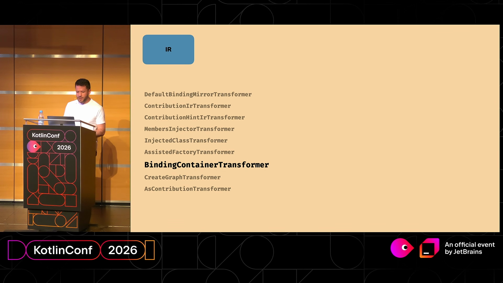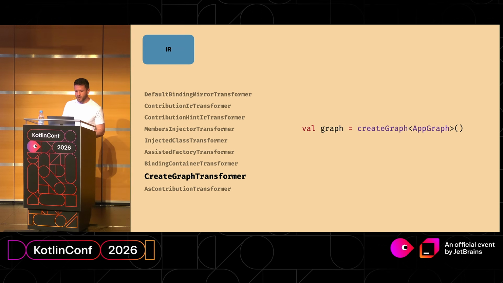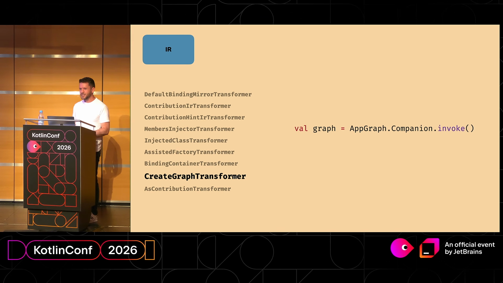The last two that are in here worth covering are these call expression transformers, meaning they transform expressions in code rather than just purely declarations. This first one is this create graph transformer. This is what takes all these create graph function calls, and all it does is transform them to invoke the generated graph directly. So if you've used something like typeOf in the standard library, it's kind of the same idea. It gives you a hook to compile against, and then it goes and updates it for you during compile